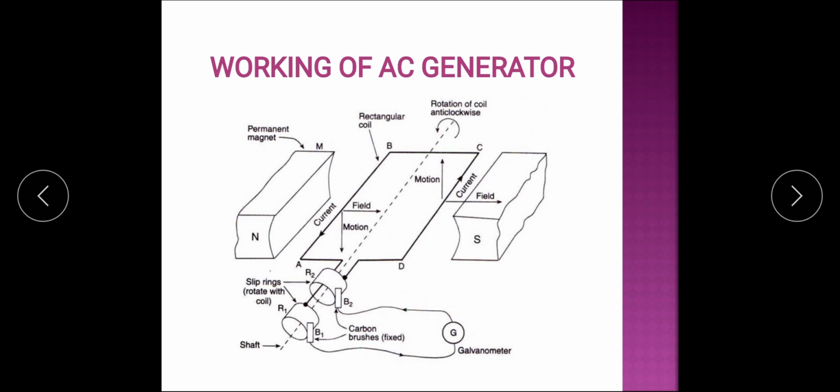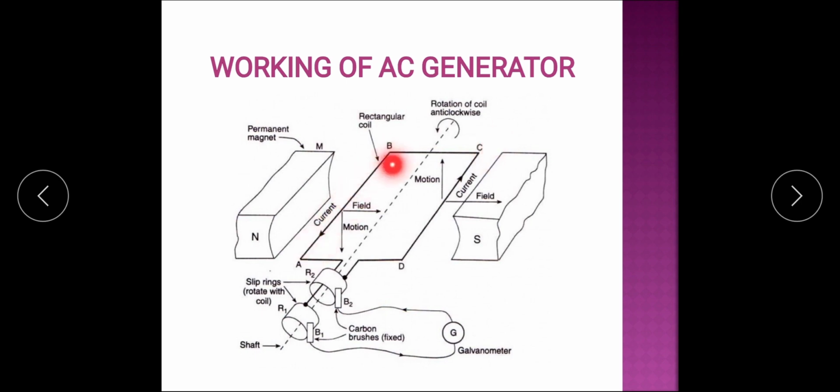We will now apply this simple rule. Let's apply the rule in arm CD. As you can see, it is rotating anti-clockwise, so arm CD is pushed upward, so this will be the direction of motion. So please everyone stretch your forefinger, middle finger and thumb such that they are mutually perpendicular and apply Fleming's right hand rule. Point your thumb in the direction of motion, your forefinger in the direction of magnetic field, and the direction in which your middle finger points gives you the direction of induced current. So you will find that the direction of induced current in the coil will be from D to C.